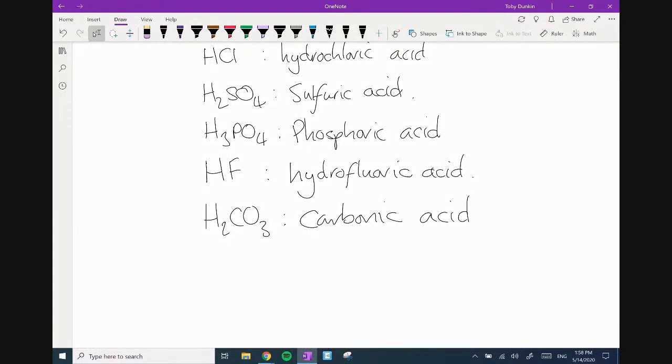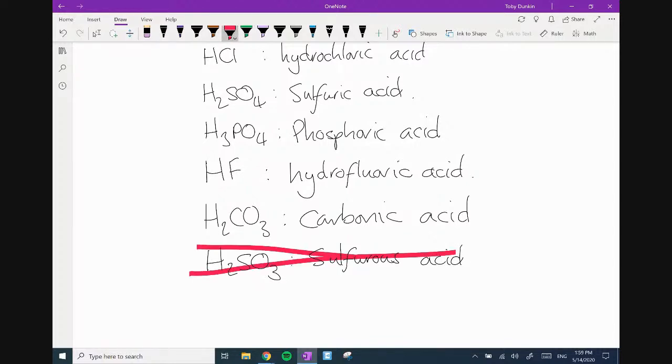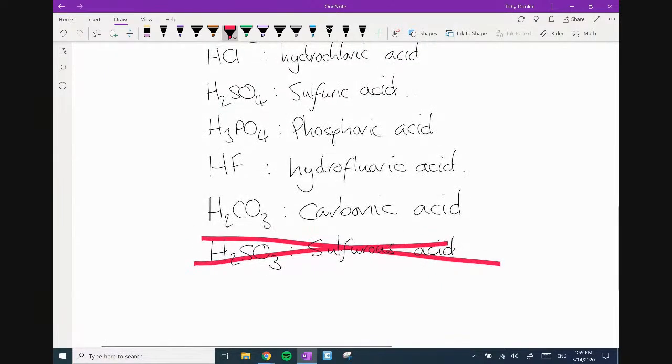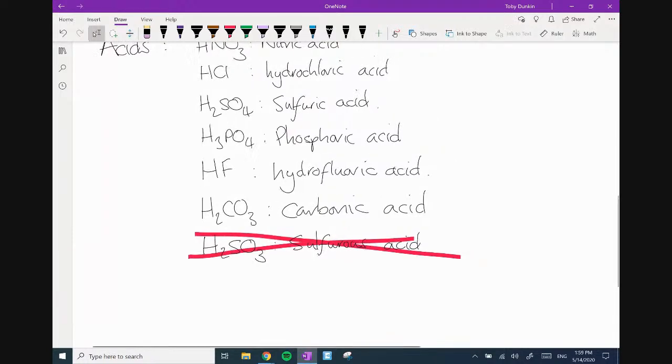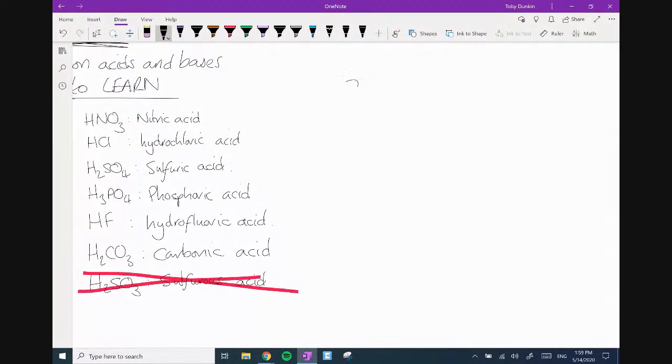Kieran's gone and thrown in one I don't like. Ethanoic. Anna, well done. That's great. Oh, I don't like it, Kieran. H2SO3. Sulfurous. Kieran, I don't like it because I spend a lot of time trying to persuade students not to know that. Why? Because it never comes up in any exam questions. You get it at A-level, but not at GCSE. It's what you get when you mix SO2 with water. It's what actually acid rain is.